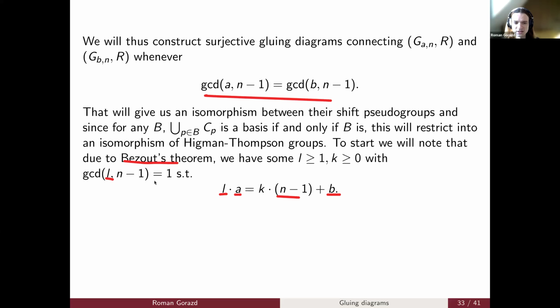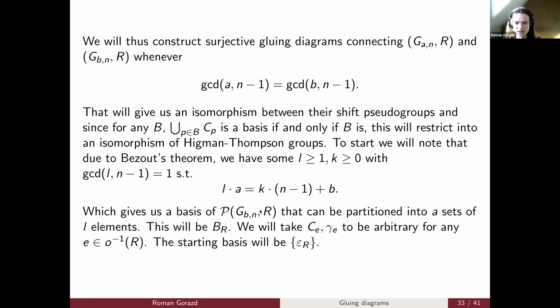And we can also assume that the GCD of L with n minus 1 is equal to 1. This is very useful because every basis of GBN will have this amount for different K, this amount of paths, right? So the trivial basis will have one path, but any non-trivial basis will have B plus some K times n minus 1 amount of paths in